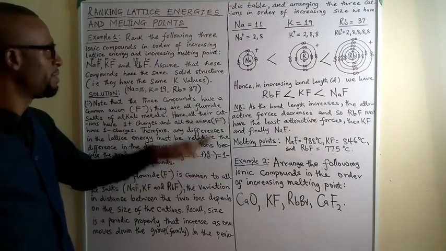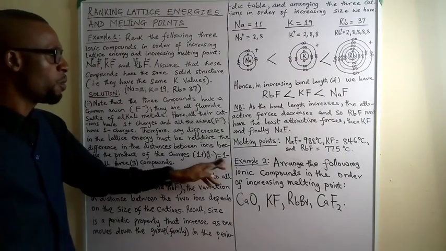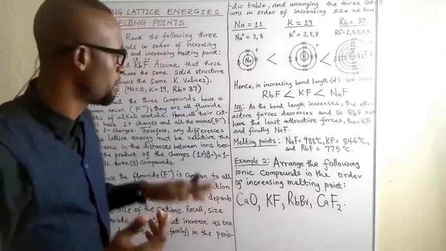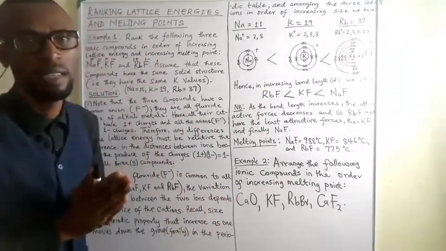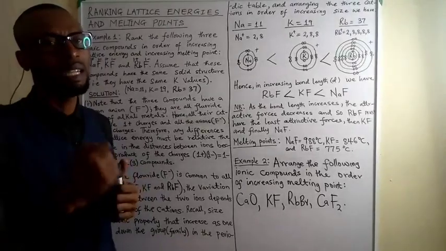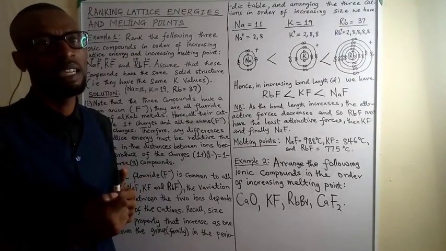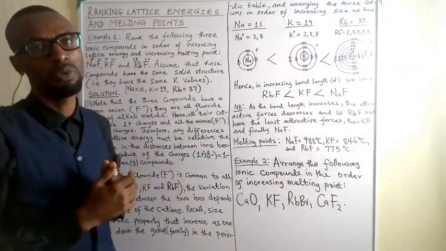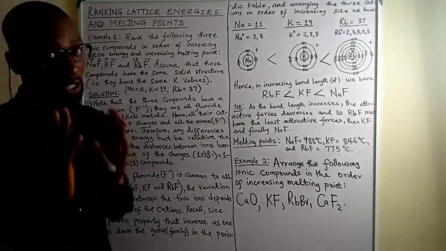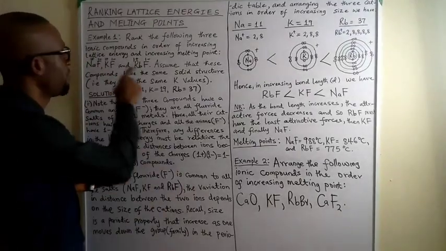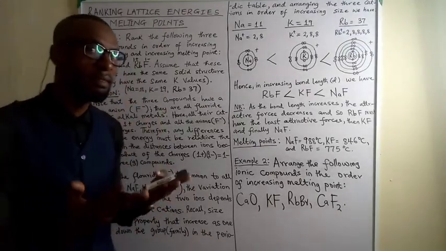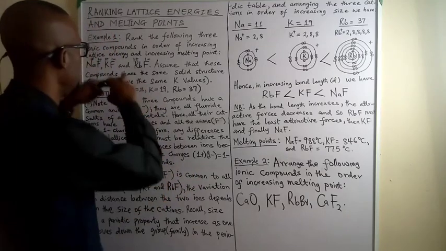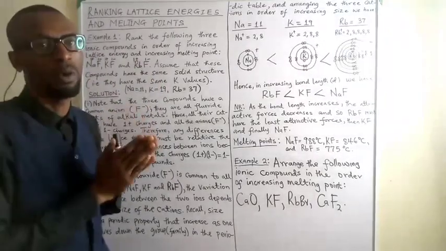You see that in the 3 ionic compounds, we are going to have 1 minus charges. So there is no difference in terms of their ionic strength, as you can see. That means the difference in the lattice energy is not dependent on the ionic strength. So we move to the next issue. And the next issue again, which is clear, is that 3 of them have fluoride ions. So again, the difference is not in the size of the anions, which is similar or common.